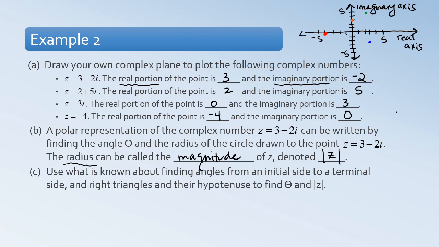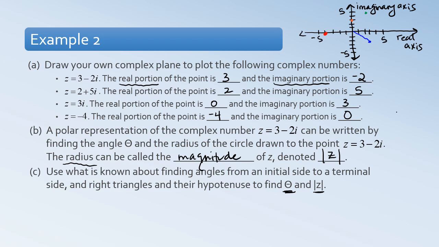Use what is known about finding angles from an initial side to a terminal side and right triangles and their hypotenuse to find theta and the magnitude of z. Now remember, the magnitude of z is what we know as the radius. So if I connect from the origin to that point 3 minus 2i that was in blue, I believe that